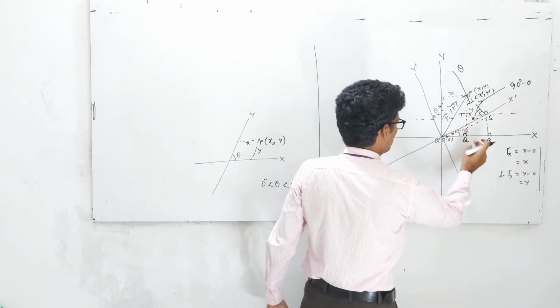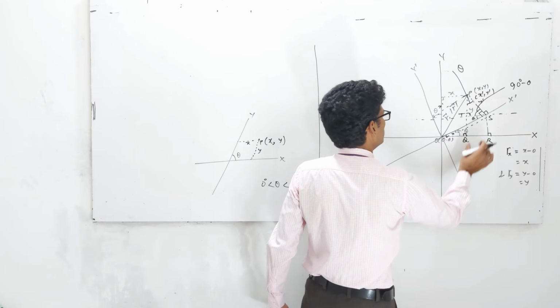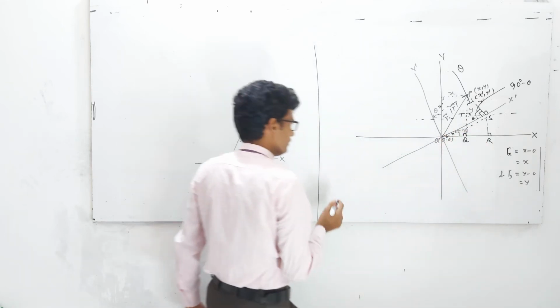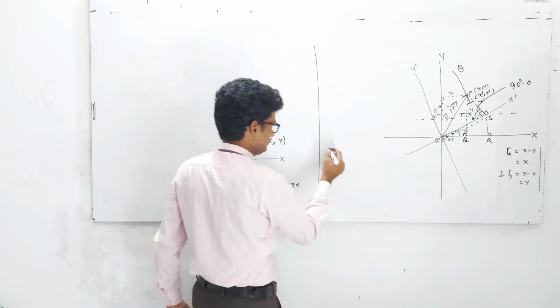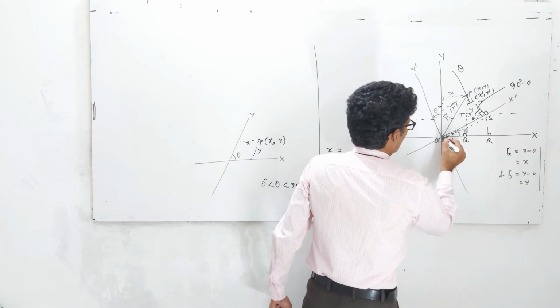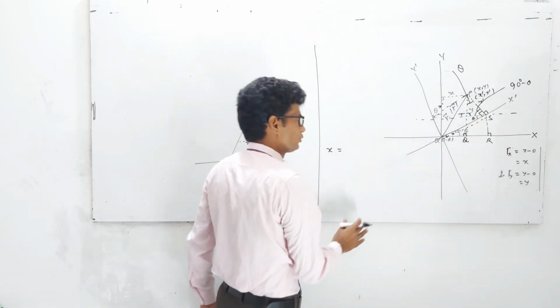If we subtract QR from OR, then it is equal to OQ. So look at here, x is equal to OQ, this distance OR is x prime cos theta from right triangle ORS,